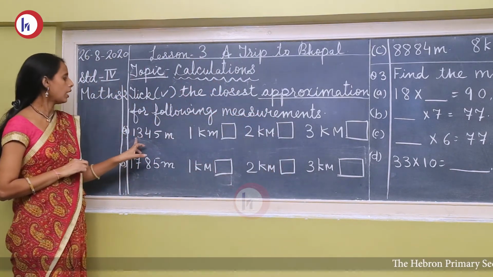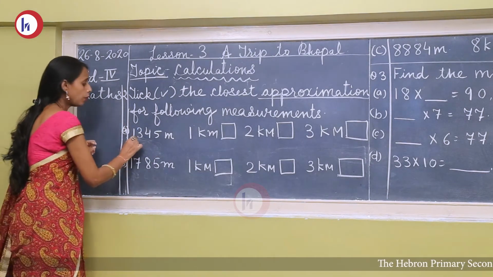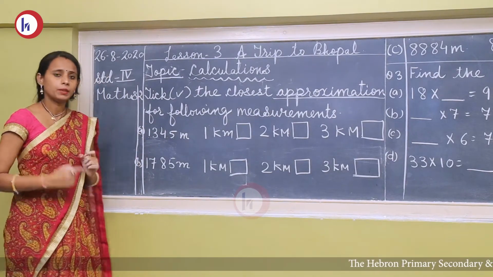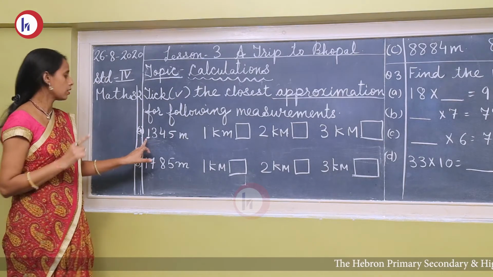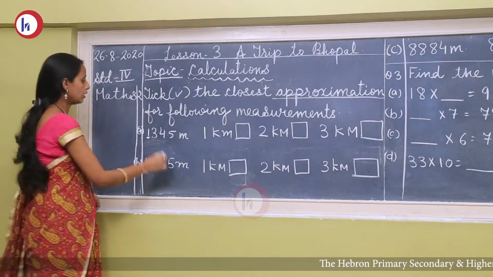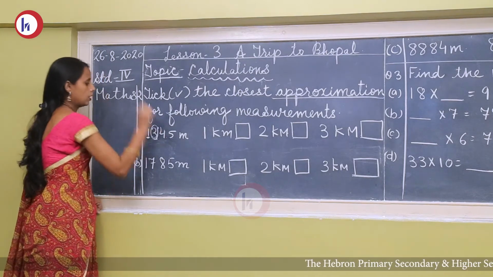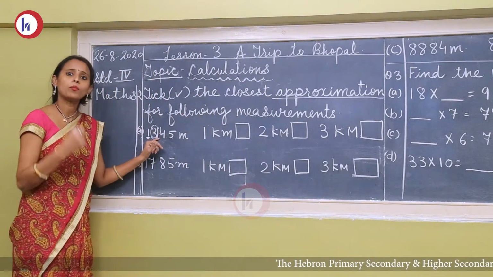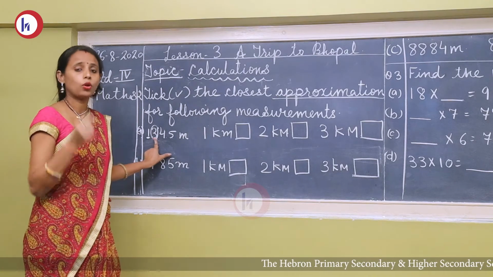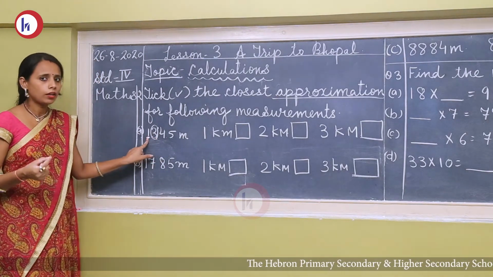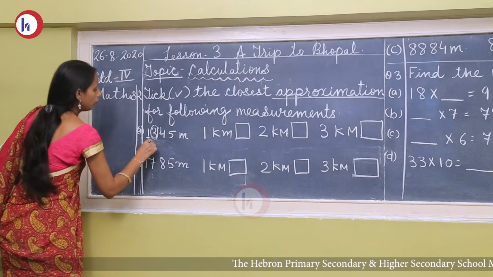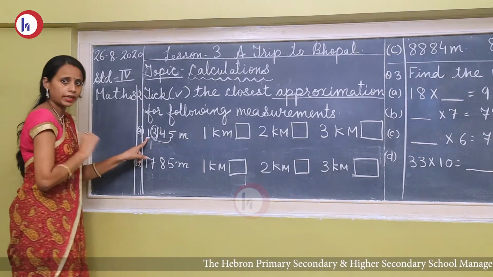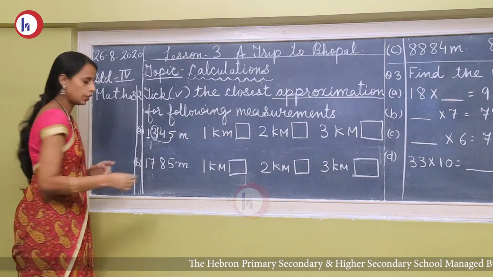First of all, 1345. Here 4 digits, 1, 2, 3 and 4 digits are there. So first of all, which digit will be approximated? This digit. First number. Always the first digit will be approximated. Now see the next one. It is 3. So same rule as in estimation. It is less than 5 or more than 5? 3 is less than 5. So this digit will be increased or not? No, this digit will not be increased. It will be as it is. Now see, after 1 there are 3 digits. Okay, so these 3 digits will be changed in 0.